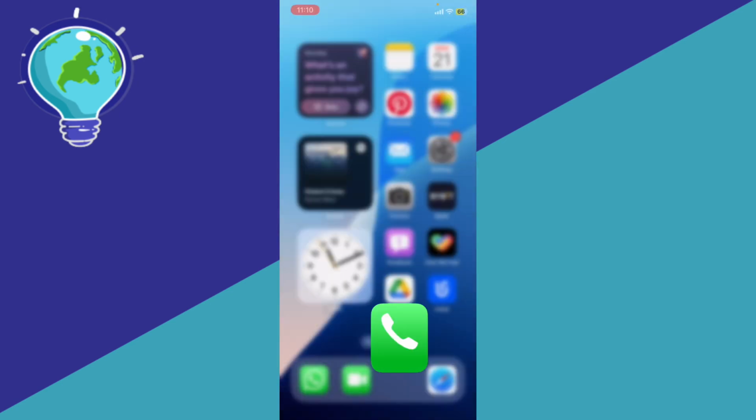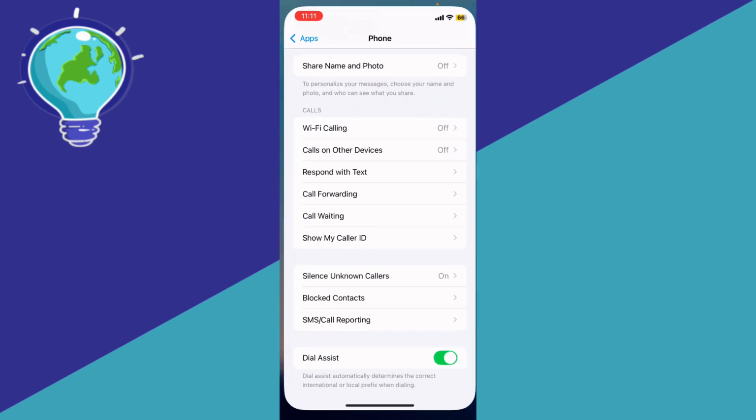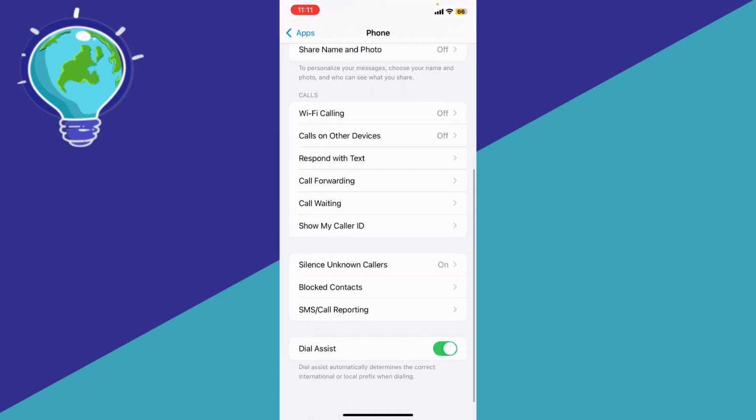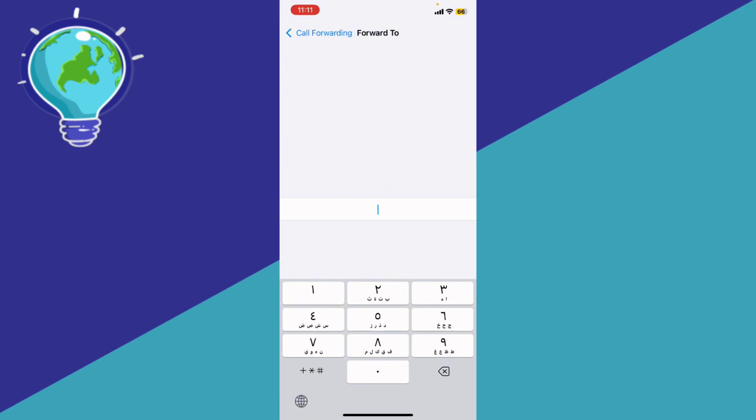And if you still have the same issue and you want to forward that call to someone else, go ahead to the main settings, and then go to the call forwarding. You're gonna wait for a few moments, and then you're gonna see another option, forwarding to. If you just turn it on, click forward to, and then enter an anonymous number, so any anonymous call will be forwarded to that